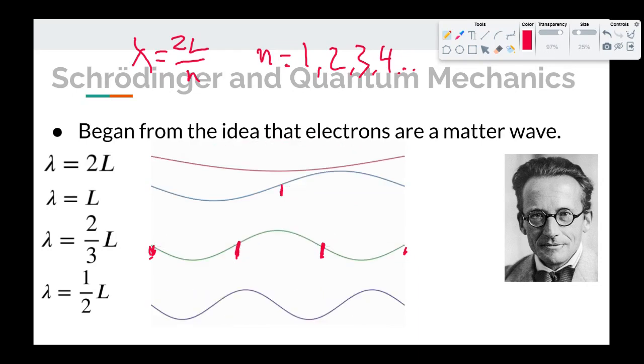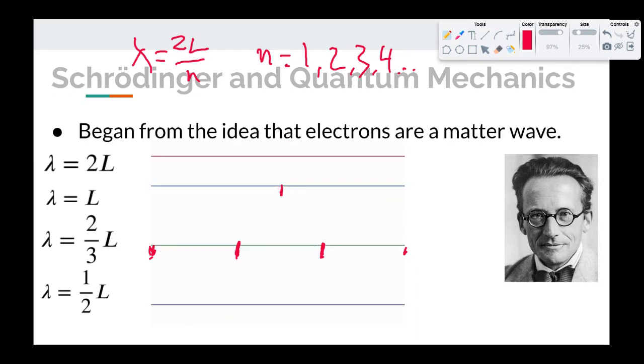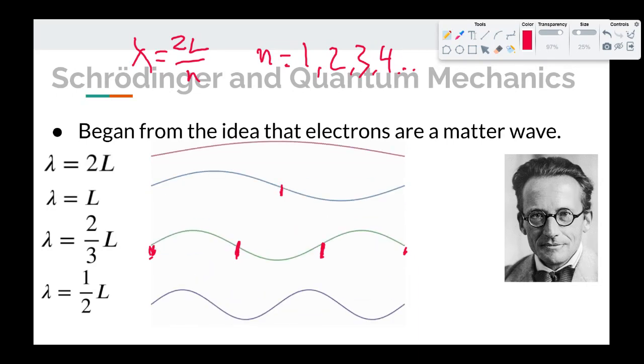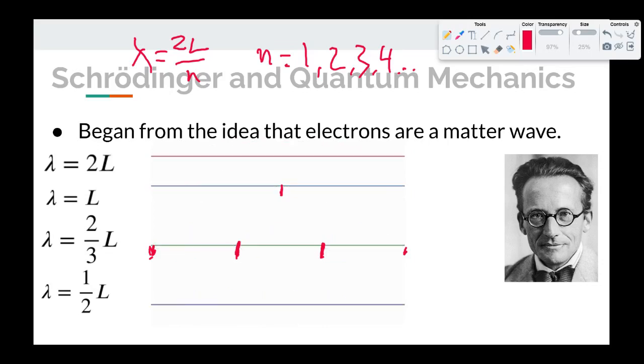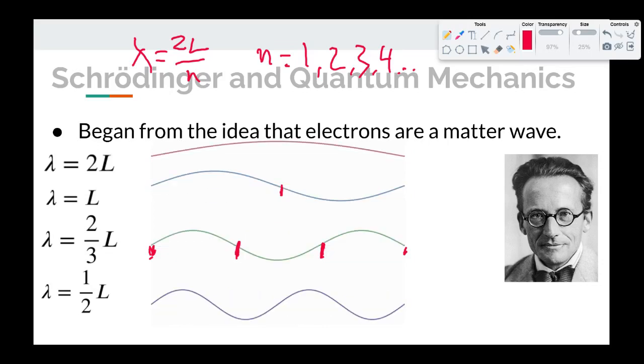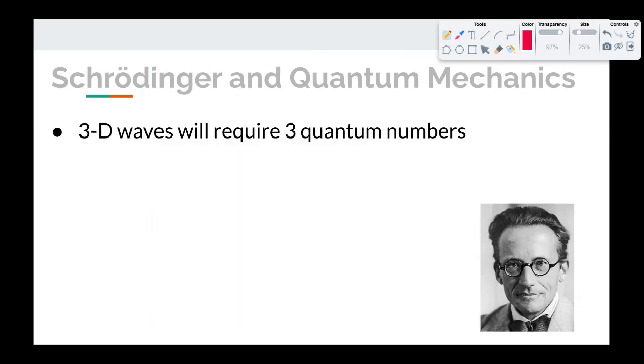Okay, so there's an equation that will describe it, but you need this number, this quantum number, n, that tells you what are the allowable wavelengths. Erwin Schrödinger recognizes that an electron wave, a matter wave, is going to be a 3-dimensional wave. And like our one-dimensional wave required 1 quantum number, n, 3-dimensional waves are going to require 3 quantum numbers. Another thing that makes this very hard to do is that the math of a 3-dimensional wave is going to be quite complicated.